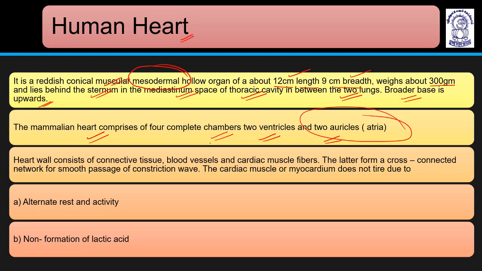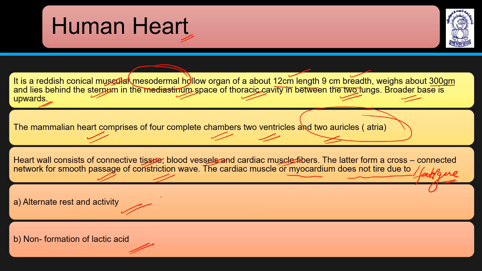Auricles are known as what? Atria. The heart wall consists of connective tissue, blood vessels, and cardiac muscle fibers. The latter form a cross-connected network for smooth passage of the constriction wave. The cardiac muscle or myocardium does not tire due to alternate rest and activity and non-formation of lactic acid. There is no fatigue in the myocardial walls because of alternate rest and activity and non-formation of